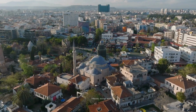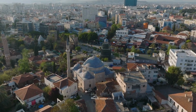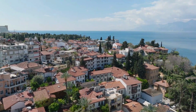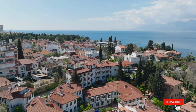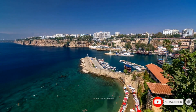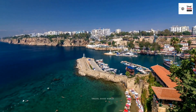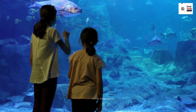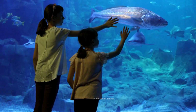future. The complex, with its mosque and madrasa, continues to be a place of worship and learning, its spiritual and educational roles just as vital today as they were centuries ago. The Yivli Minare is a must-visit for anyone looking to delve into Antalya's past. Its towering presence serves as a constant reminder of the city's rich history, its fluted design an enduring symbol of Antalya's architectural prowess. The Yivli Minare is indeed a testament to Antalya's rich history, but let's move from the past